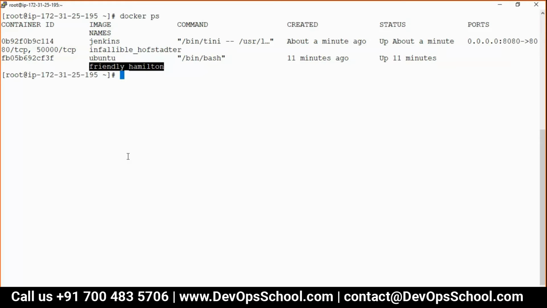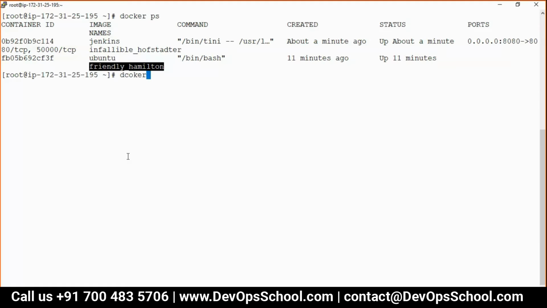It creates a pointer in our memory. So any object you create in Docker, you get a name. Now this name is assigned by Docker following some algorithm. If you don't like this name, you can change it.